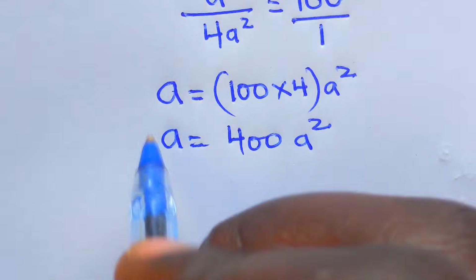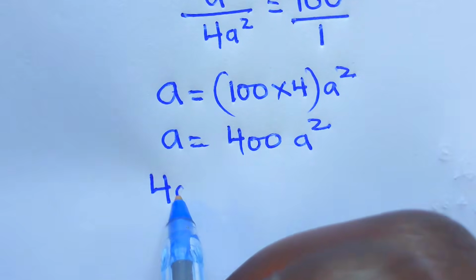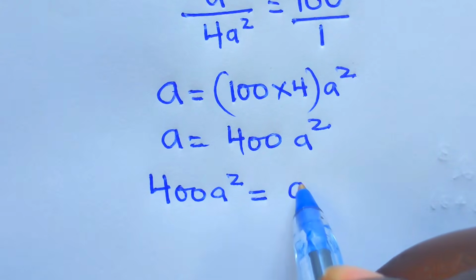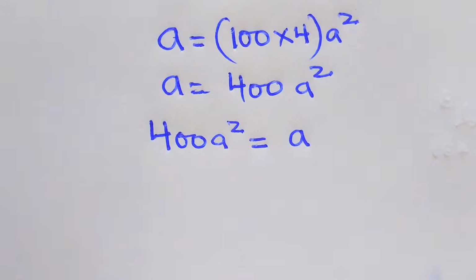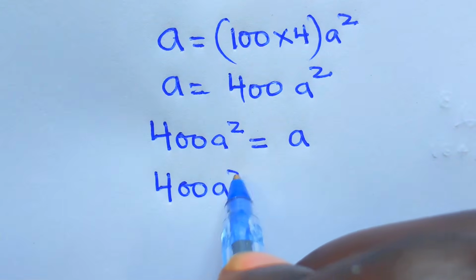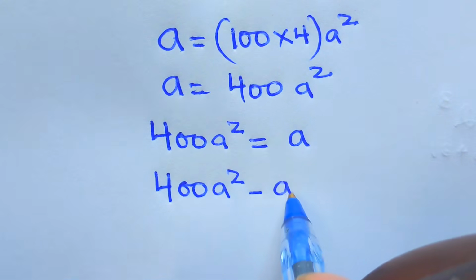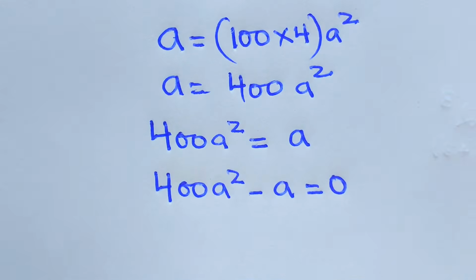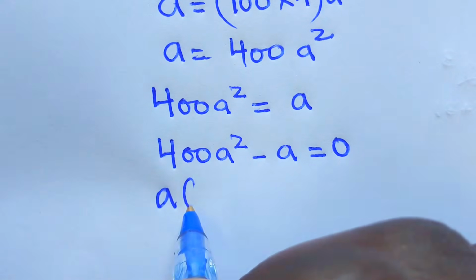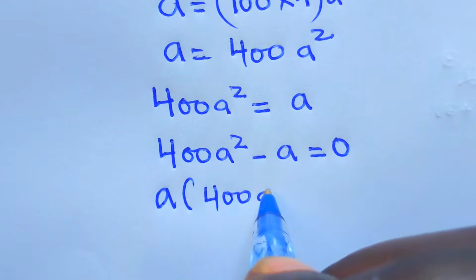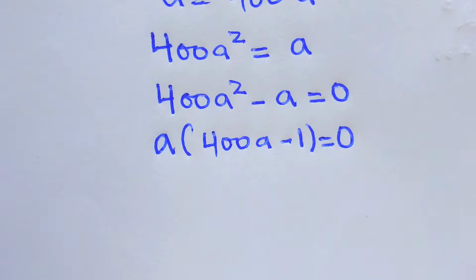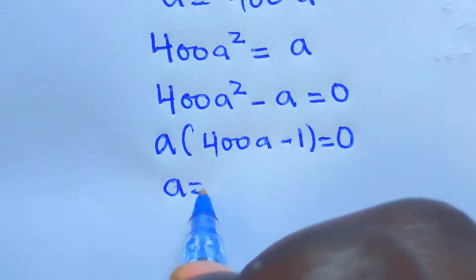By rearranging, 400a squared equals a. By grouping terms we have 400a squared minus a equals 0, and here I shall factorize out a to get a times (400a minus 1) equals 0, and here a equals 0,